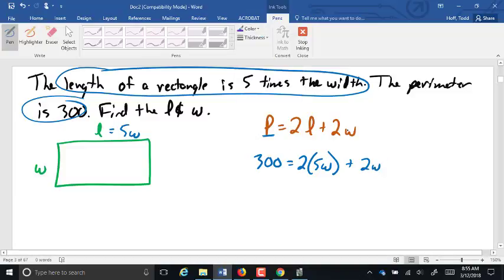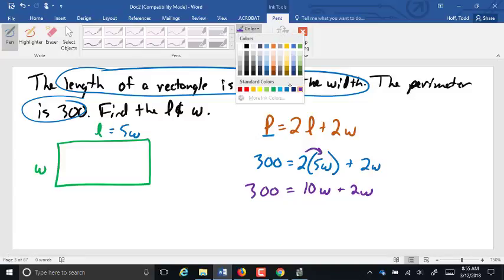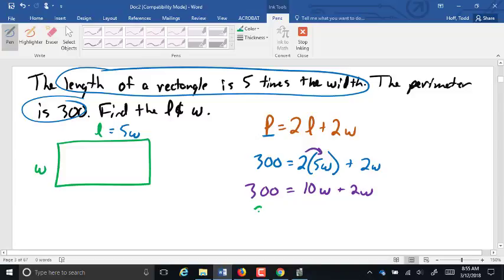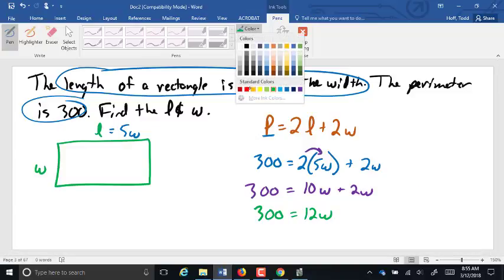Well, we gotta combine what we can on the right side there. 2 times 5W is 10W. 10W plus 2W combines to be 12W, and now we just have to solve by